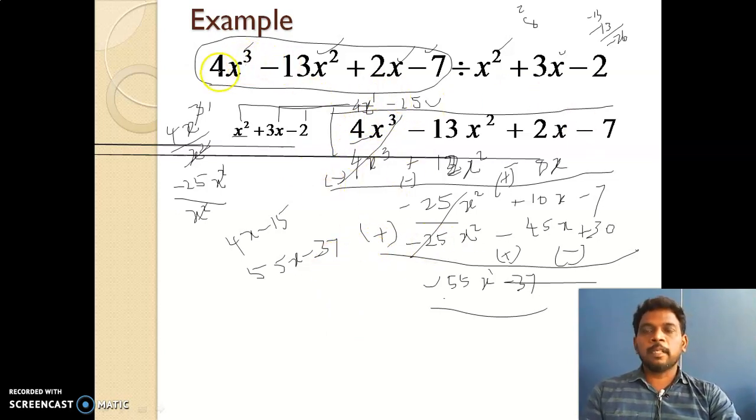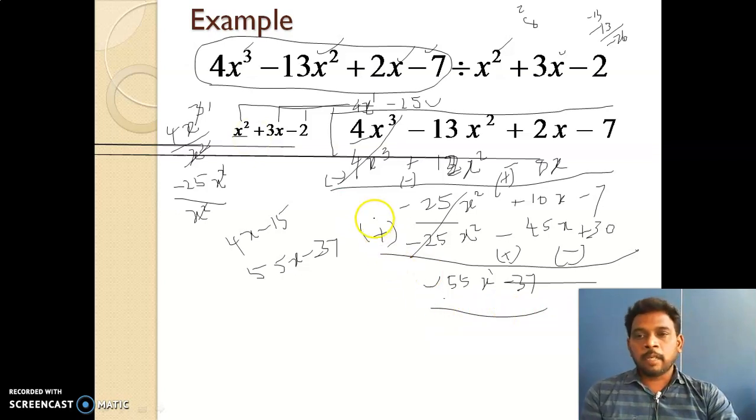That is, if it is a cubic polynomial, after dividing in the first stage it will become a second degree polynomial, and after dividing it will become a first degree polynomial. So like this. Okay, so here you should just check whether the degree of the remainder is greater than or equal to or less than the degree of the divisor. If the degree of the remainder is equal to or greater than the degree of the divisor, you can continue the process. If the degree of the remainder is less than the degree of the divisor, stop the procedure. Okay, so that is the division procedure, right?